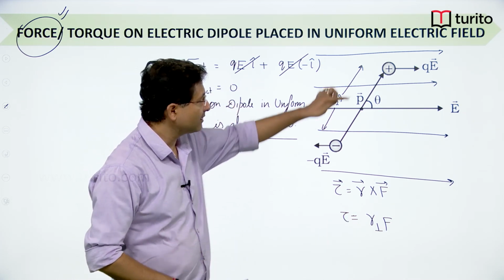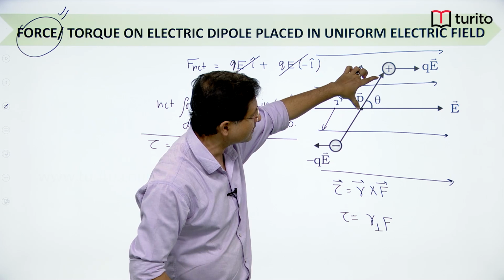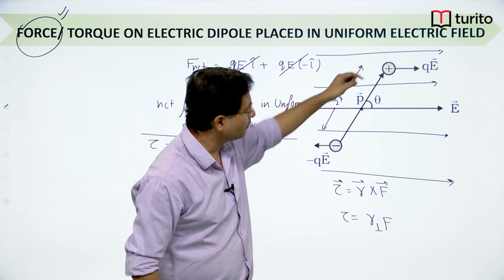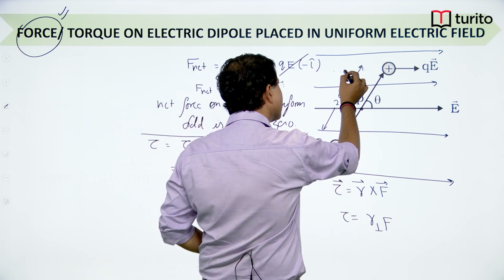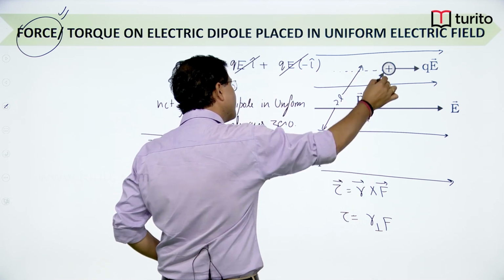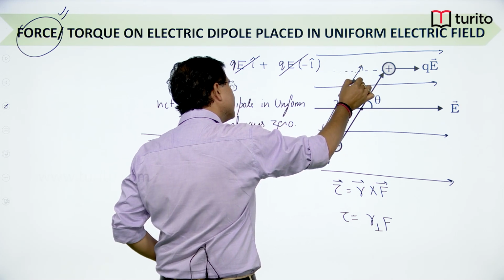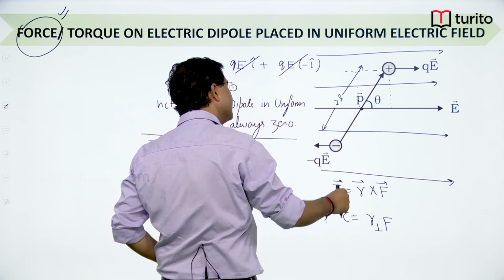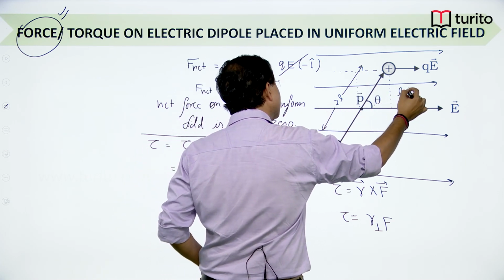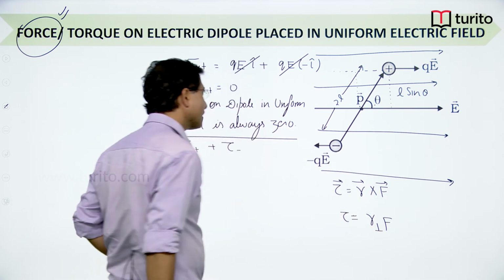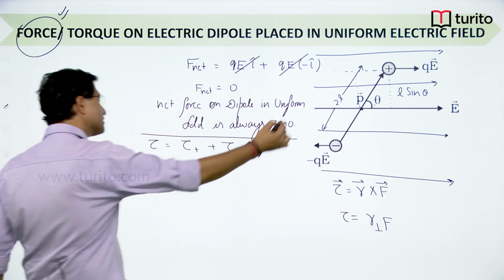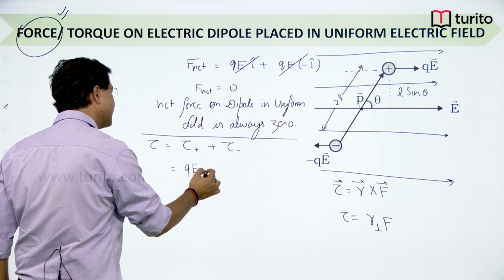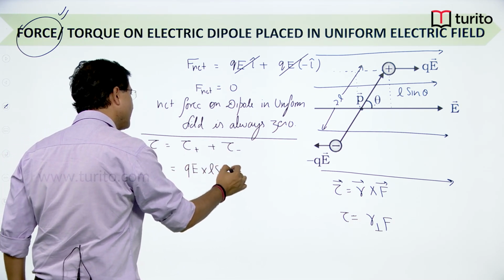So if you extend the force and draw a perpendicular, this is L. And if I extend this one, extend the force and draw a perpendicular, then this distance will be the same as this distance. If this is L and this angle is theta, this perpendicular distance will be L sin theta. So I can write force into perpendicular distance, that is QE into L sin theta, plus,